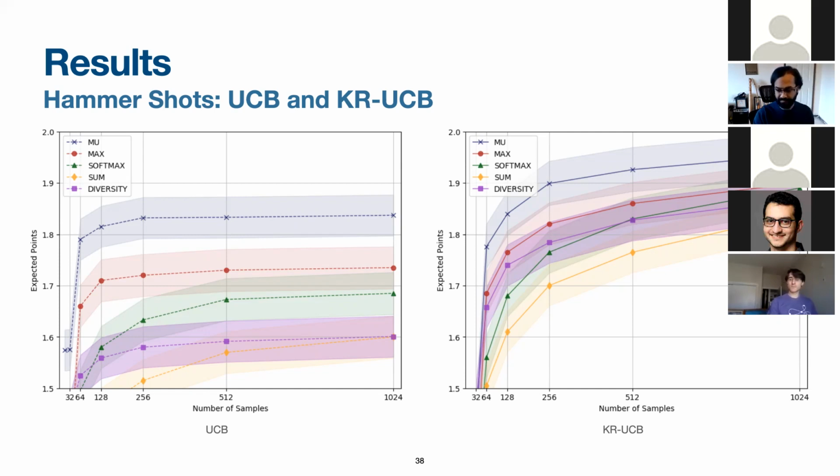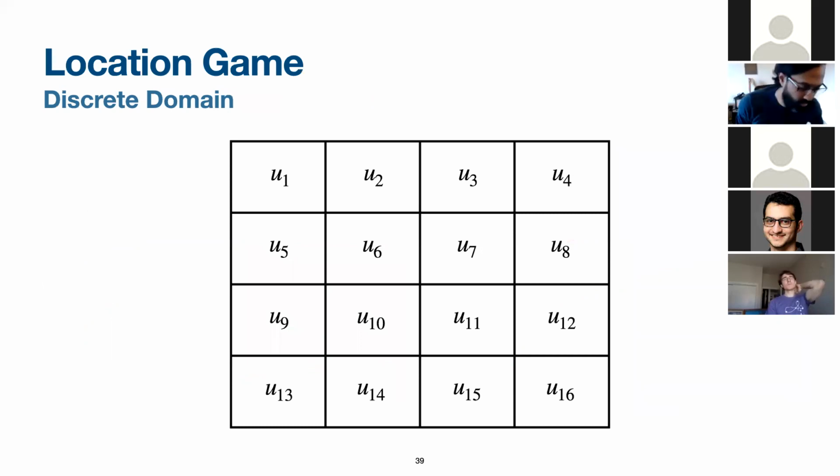All right. We now look at the discrete domain in which we evaluate our candidate generator. To evaluate candidate generator in this domain, we design a location game, which is played on a grid of cells. Each cell has a utility, and actions constitute selecting cells to be a location, and locations get some utility based on which cells are nearby. And the objective is to select actions to maximize the utility achieved by our locations.